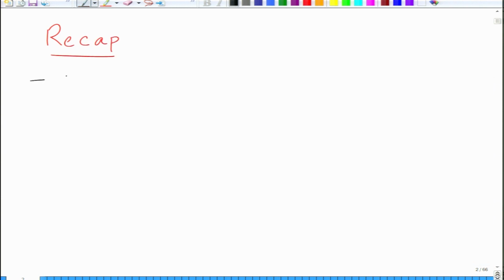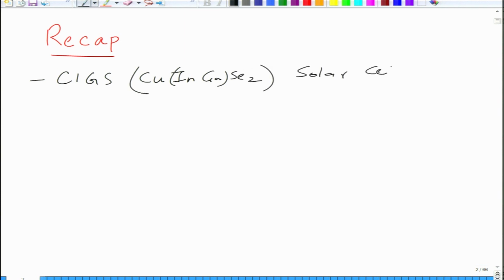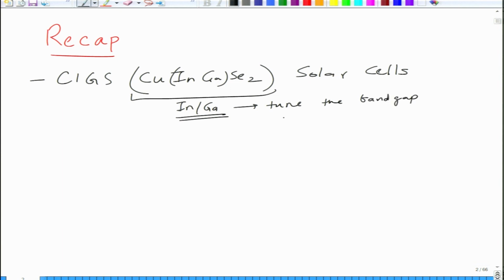In the last lecture we talked about CIGS, or copper indium gallium selenide, solar cells. This is an interesting material because by changing the ratio of indium to gallium, one can tune the band gap. Again it has a similar structure to CdTe solar cells, and CIGS layers, as we saw in the last lecture, can be formed by